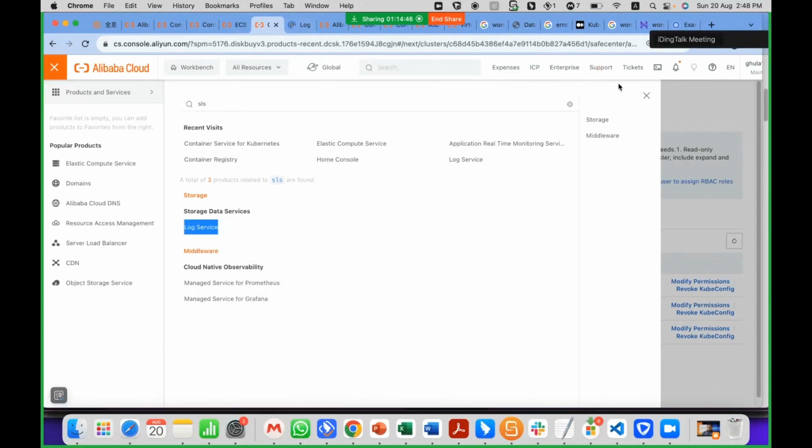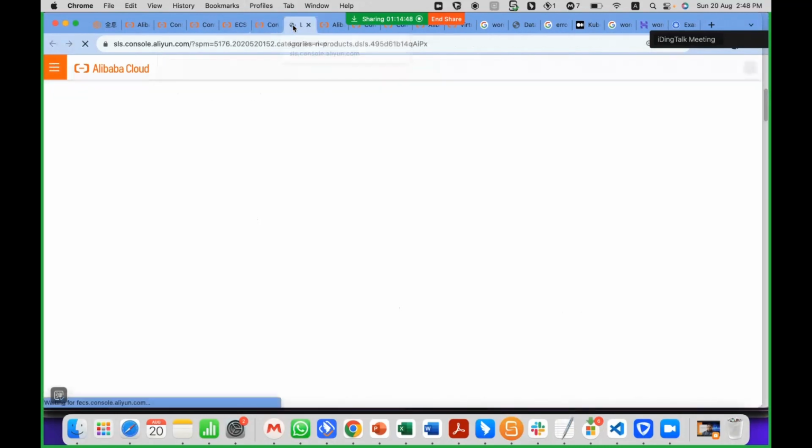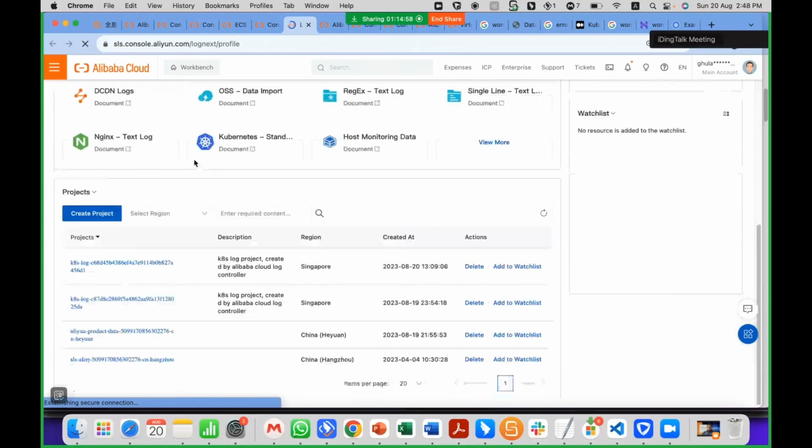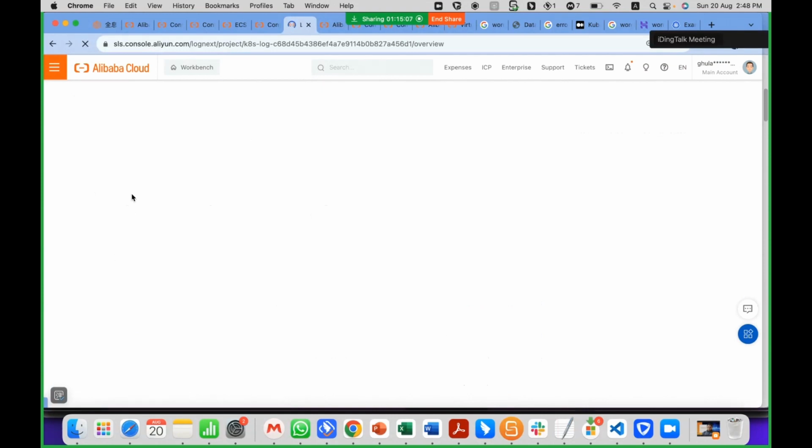As soon as we move on to the log services, you will find different types of dashboards, and resources will automatically get created once we create this cluster. So this is our log services. I just created this log services environment for my Kubernetes cluster.